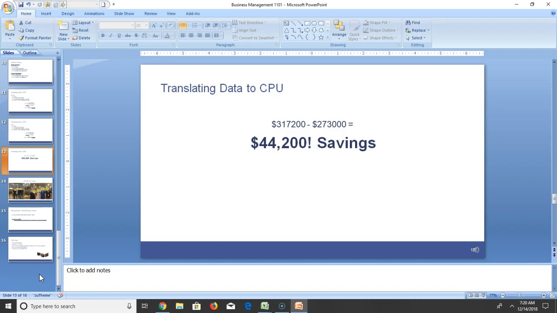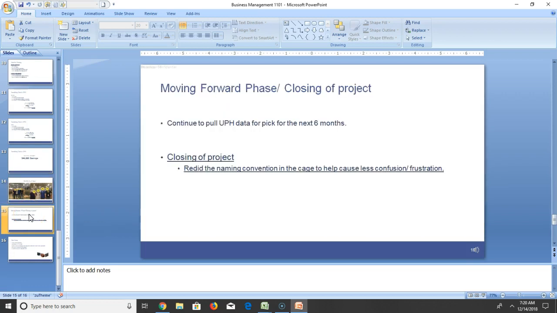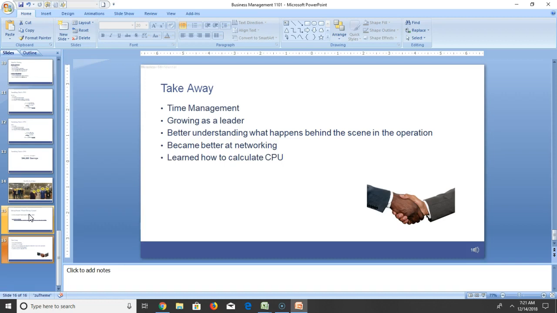Now, that's impressive in its own right, and it also sets the stage for you as a student here at Columbus State that it is possible to do whatever you want to do, right? And it has real world impact as well. You also see the people that took part in this. And then you see what's going to happen as we go forward with this entire process: continue the data pick for the next 6 months, redo the naming convention. And what are some of the takeaways? We can play the audio here as well, but again, it comes back to focusing on some of those core content